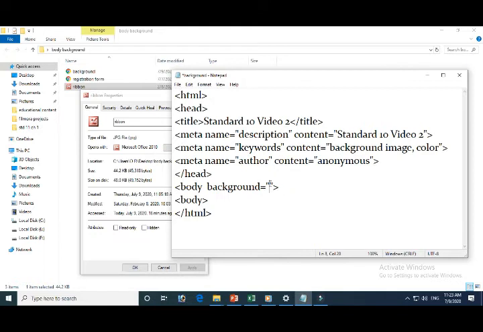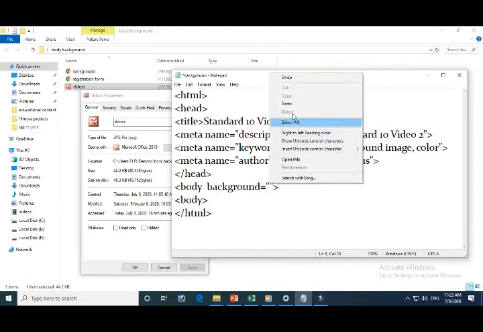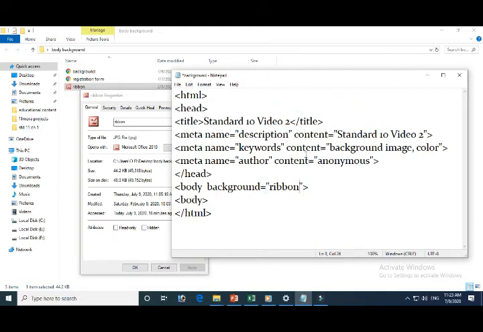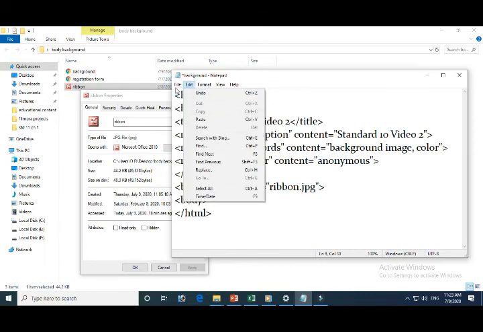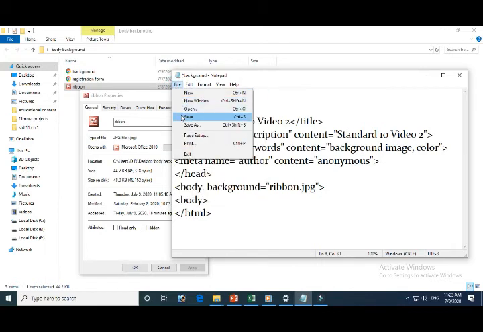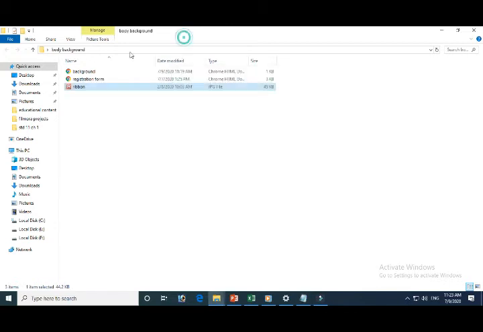So after the file name, in double quotes, write .jpg. Now save the file and let's see the output.